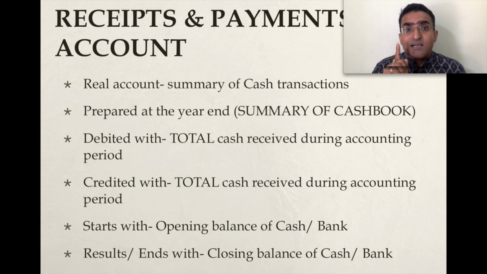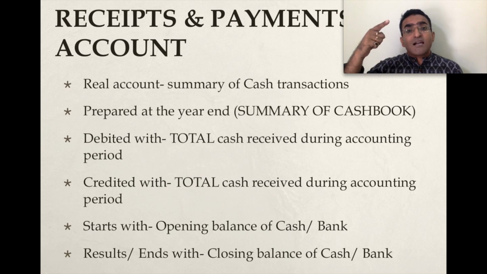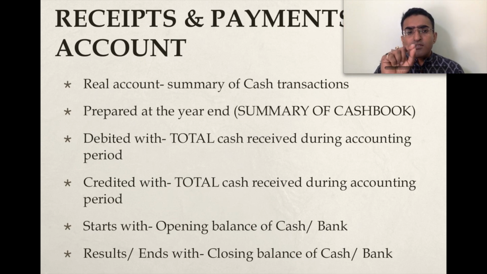It never has a date column. There is no date column. So it is never recording the transaction on a date-wise basis. Clear? So now, as I told, whatever is received will be put on the debit side, paid on the credit side. And it starts with the opening balance of cash in bank and ends with the closing balance of cash in bank. If you just remember these small, very basic points, you will be able to understand the basic format